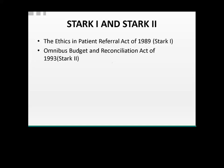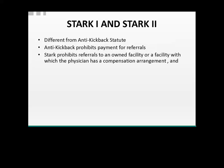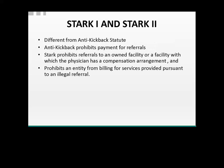It was enacted in 2 distinct parts and has been the subject of numerous implementing regulations. It broadly prohibits physicians from making referrals to an entity for the furnishing of designated health services, and we'll talk about those in a minute, payable by Medicare, if the physician or an immediate family member of the physician has a financial interest in the entity. Now, the prohibition contained in Stark applies only to the referral of patients for statutorily defined designated health services. Currently,